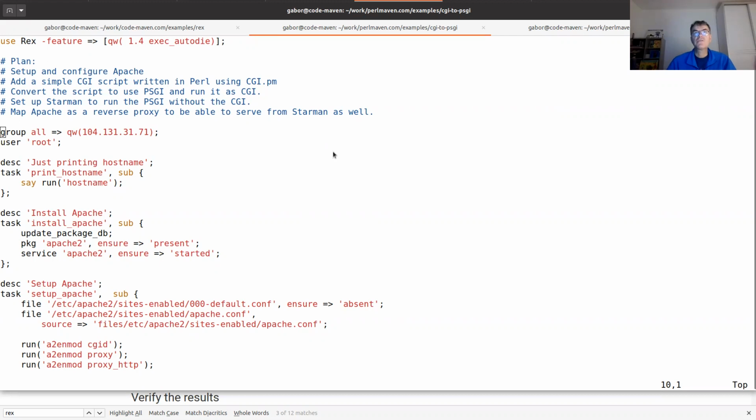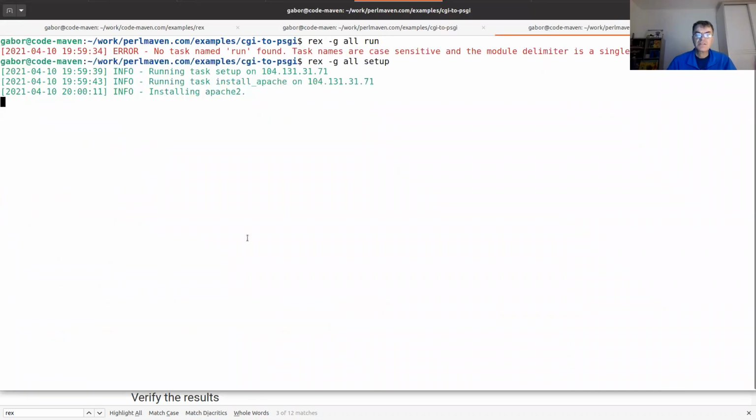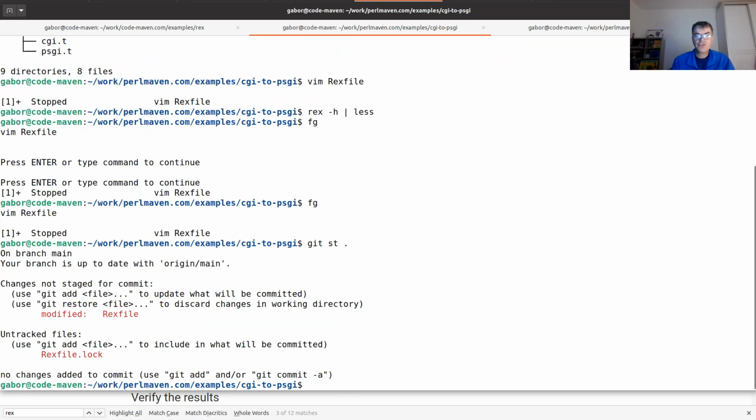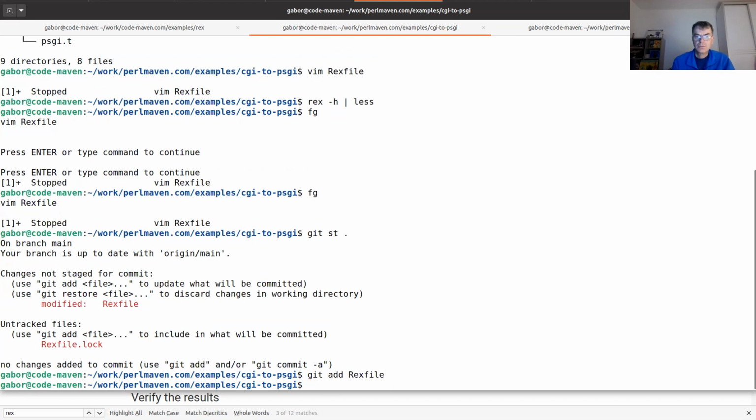Yeah, I think we can do that. First, I would like to make sure that this is finished running, that everything is running, and then commit the changes back. So if we make further changes to this code base, it will be separate. Maybe I can. So git status locally. I changed the Rex file, and there is now this Rex log file also. So git, because it's still running. Yeah. You don't have to update. No. Git add